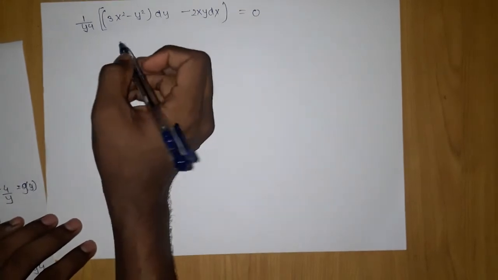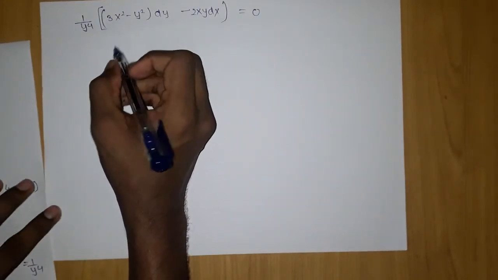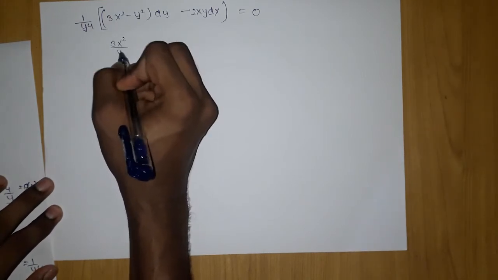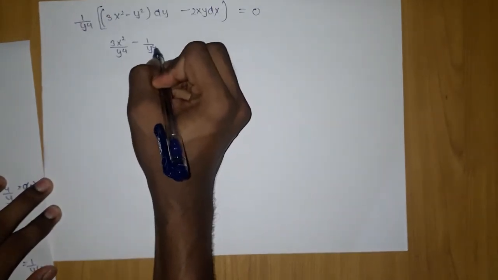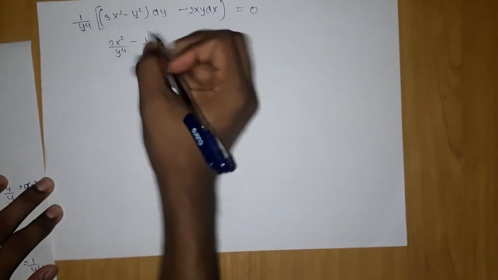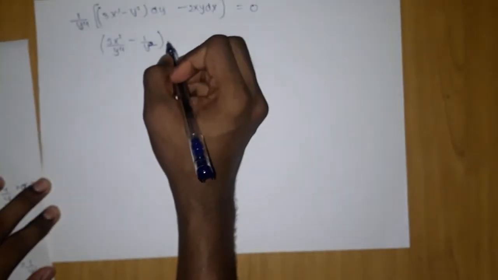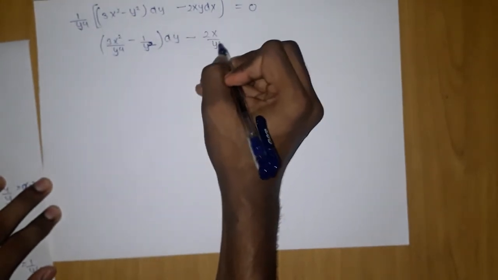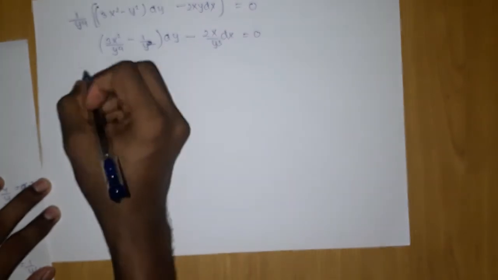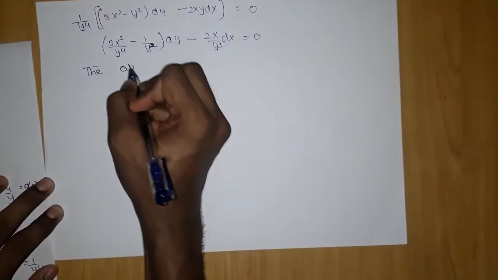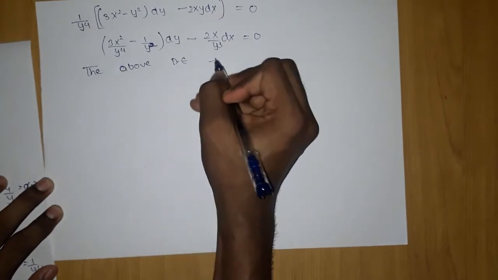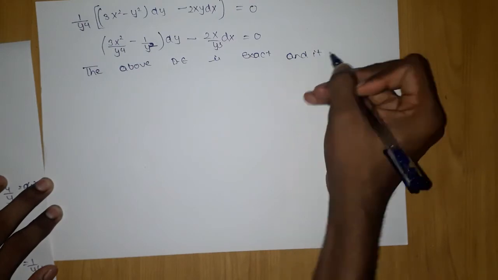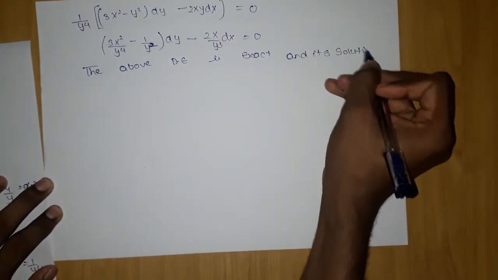Just cancel out the things which you can see are cancelling out, and then look for the things which you cannot cancel out. So here 3x² by y⁴ will be there. Here 1 by y² will be there, because this 2 will cancel out this 2, and 1 by y² will be left. And here y will cancel out and 2x by y³ will be left as dx. Now the above differential equation is exact and its solution is given by